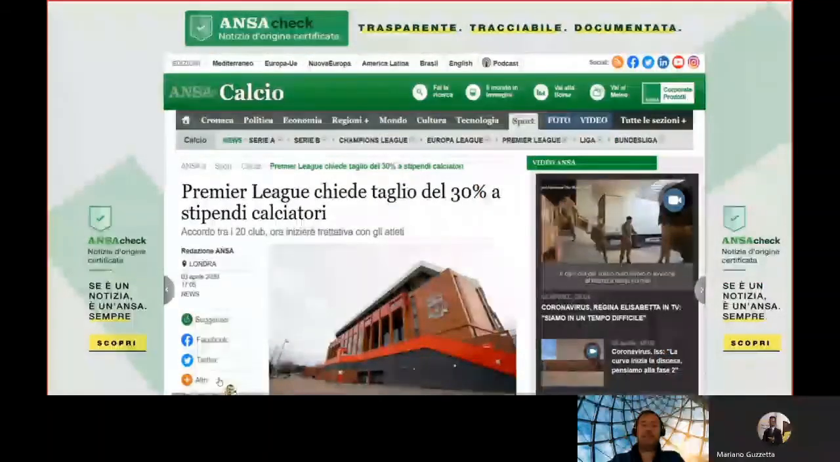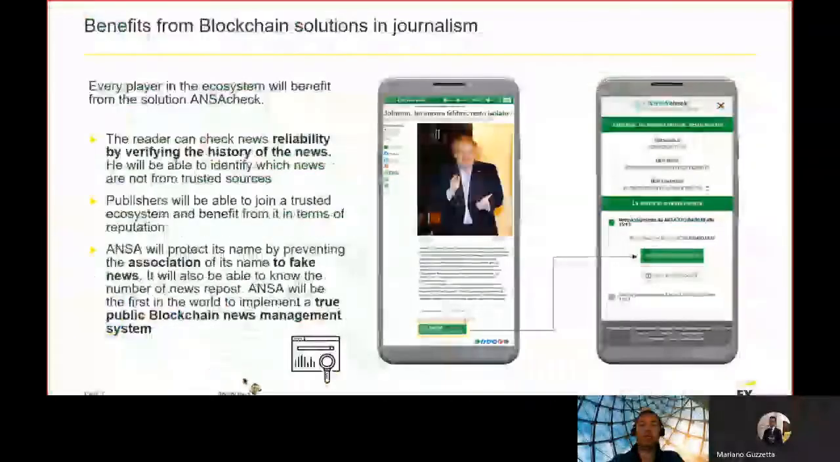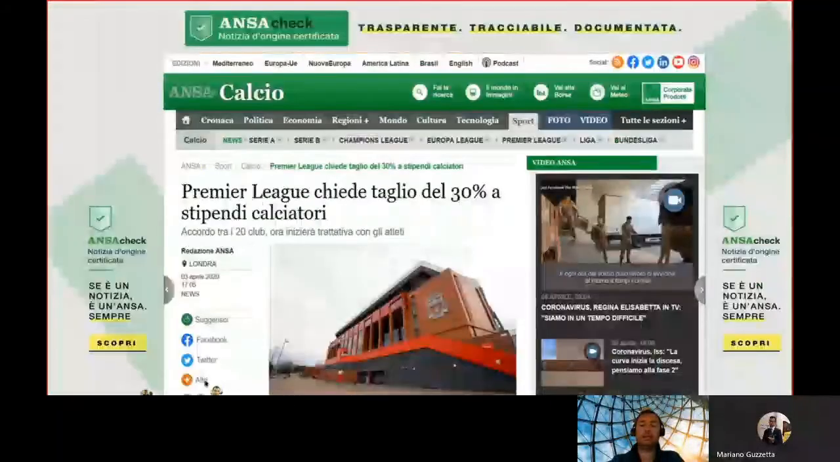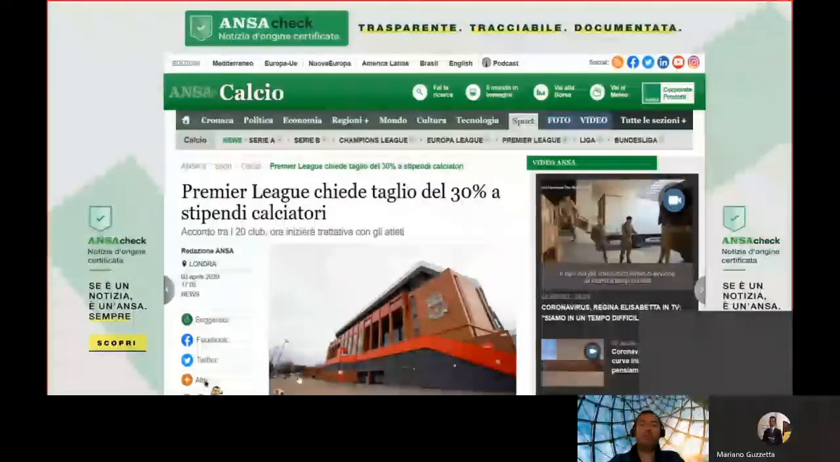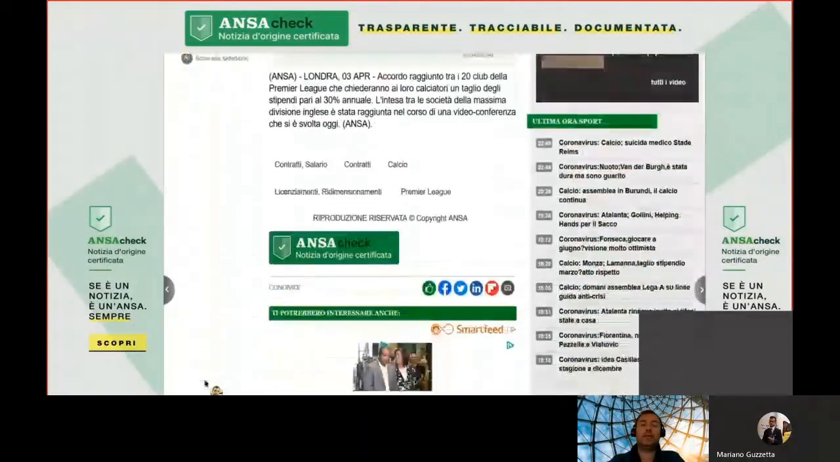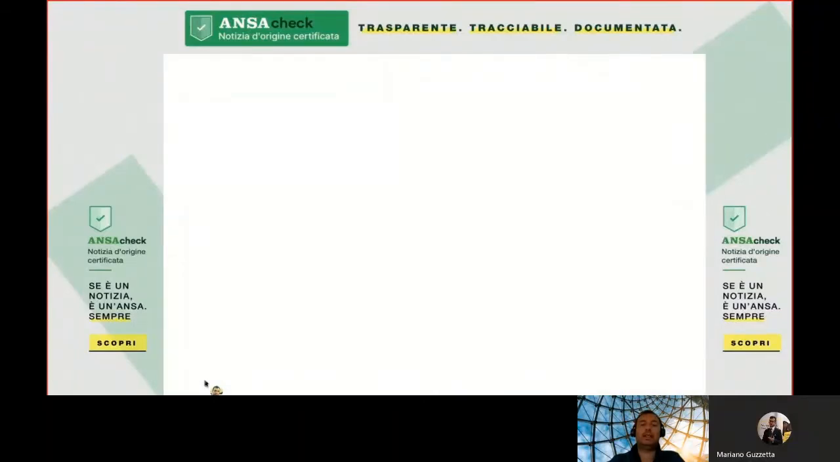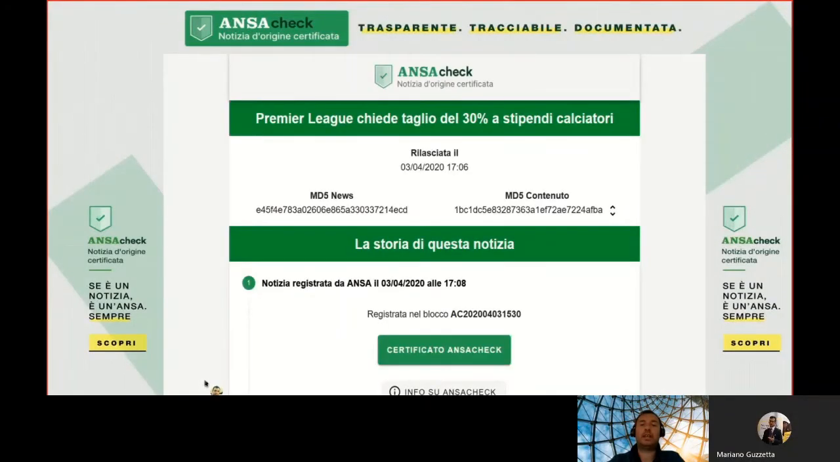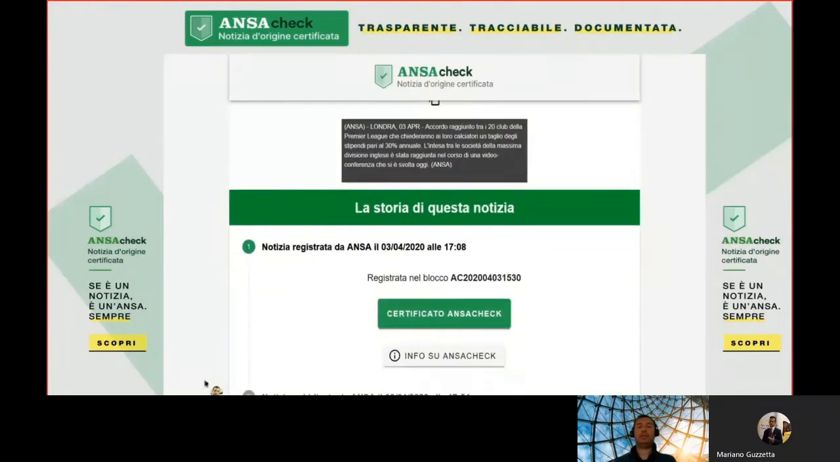As you can see in the video on the ANSA website, it's possible to have a tag on the news and to click on this tag in order to see the information. For example, in this case, AnswerCheck is the tag. If you click on the AnswerCheck, you can see the information that I described before, and after you can see